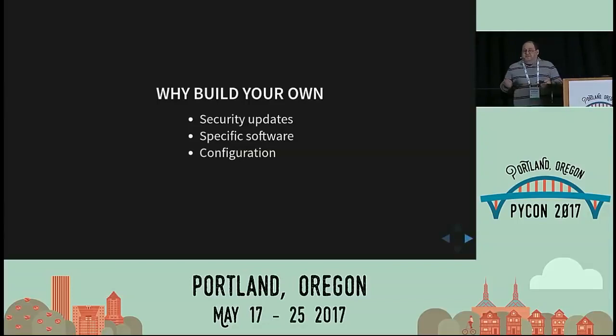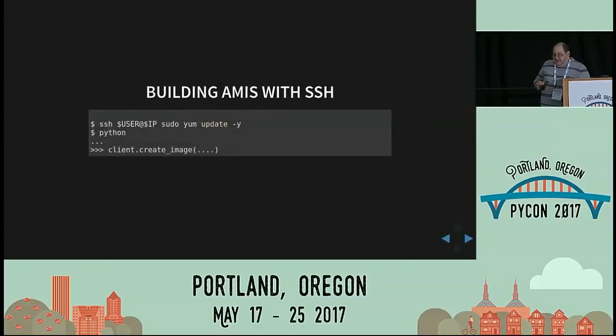And you might have some configuration that you like that other people would not like. You can use just SSH to build AMIs. You'll notice that there is no prompt here for the SSH because we have already set known hosts correctly. And then you use the Boto3 API to create the image. If you have something more complicated than yum update, then probably it gets very annoying to start